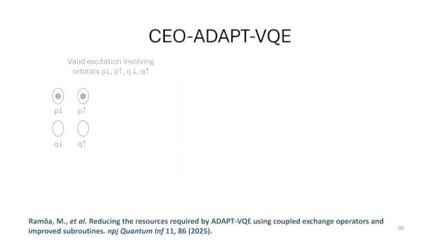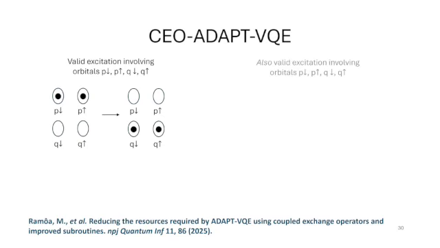So our recent proposal was this pool consisting of coupled exchange operators. Let's motivate this with an example of a set of 4 orbitals. So we have 2 spatial orbitals, each of them has a spin down and a spin up spin orbital. And let's say that we have orbital P that is occupied with 2 electrons. One possible valid excitation is exchanging electrons from the orbitals P to the orbitals Q. So this preserves the number of fermions, and it also preserves the number of up and down fermions, which are